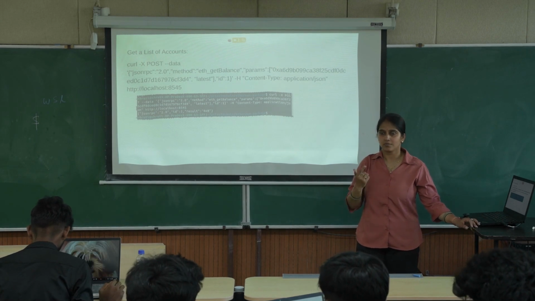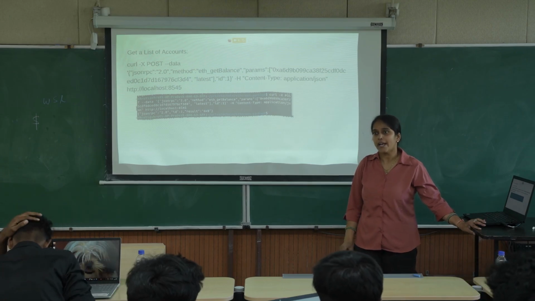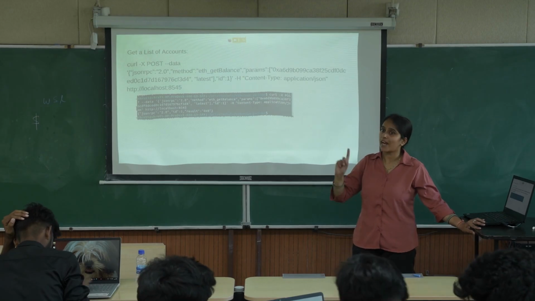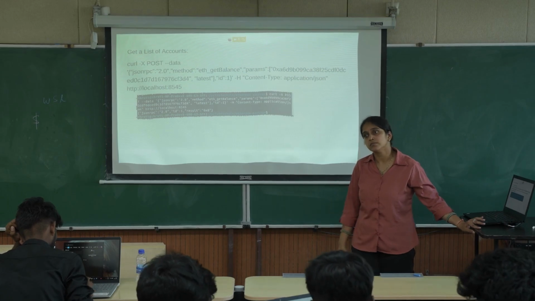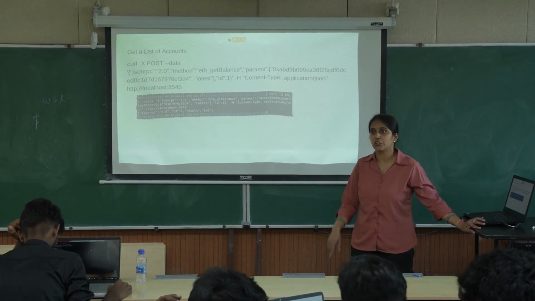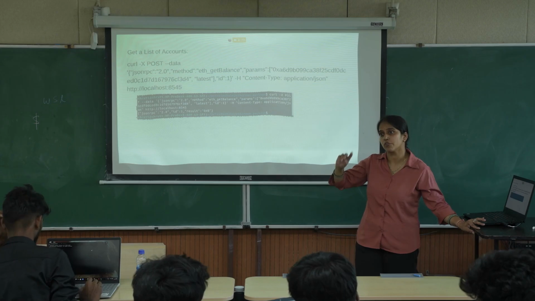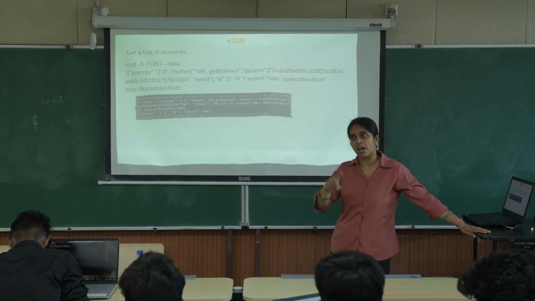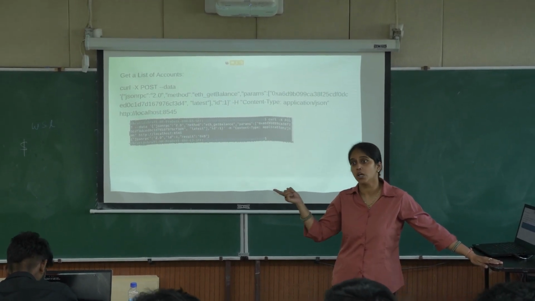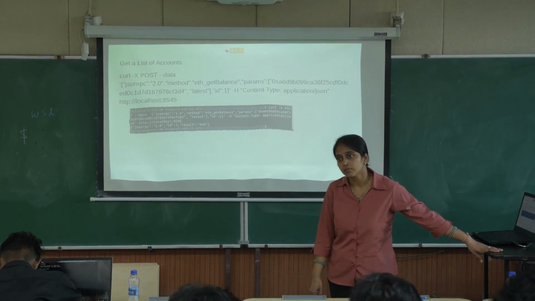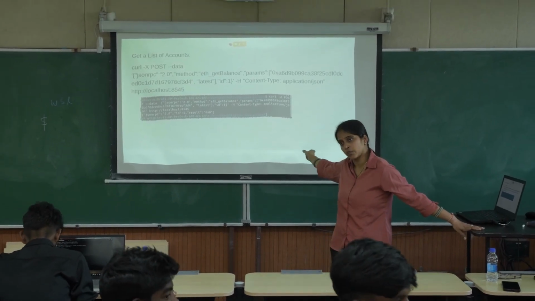Ma'am, is this mainnet or testnet? This is the testnet only. You can connect it to testnet as well as to mainnet also, but that procedure is completely different. This is the testing one. So it can connect to the MetaMask wallet. Yeah, it can be connected to MetaMask. But because this is the private blockchain we are generating, if we connect to MetaMask, then we have to connect all the accounts that we are generating with this Ethereum chain. Now we have to connect to a different MetaMask. The account that is showing here, you are connected to that. I have created the blockchain now, so that's why I have connected to that account.